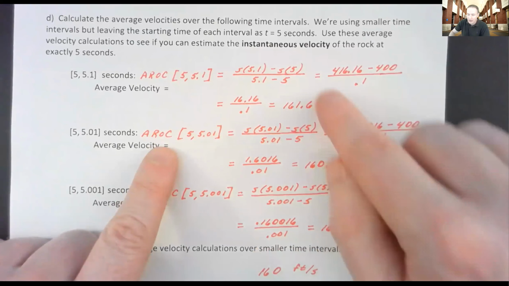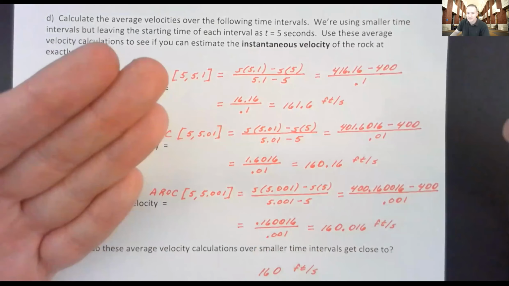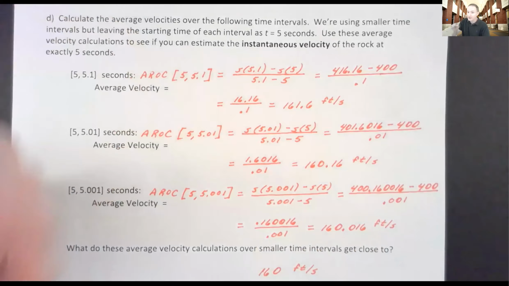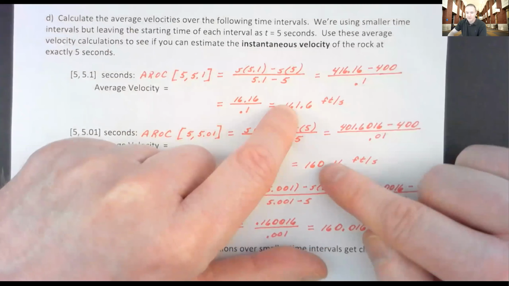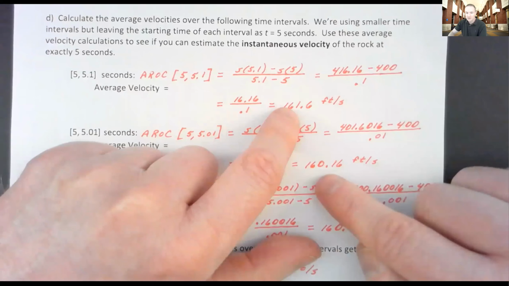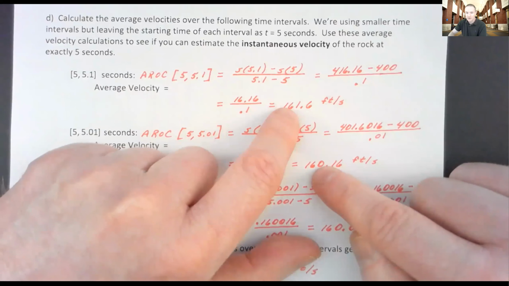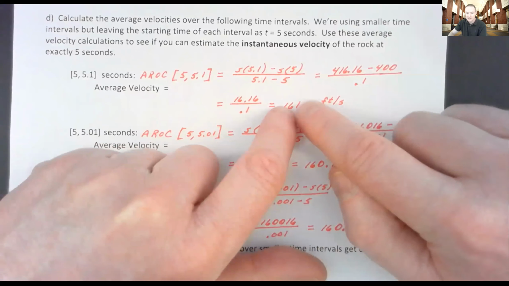Now, as soon as you get two average velocities, you should be trying to look for patterns here. And I can already see a pattern, and hopefully you can too. Look at what's the difference between this number and this number. You say, well, they're all the same digits except there's a 0 in between this 6 and this 1. So instead of 161.6, it's